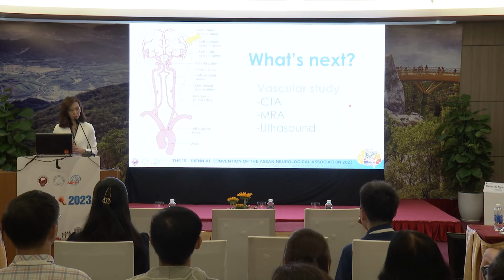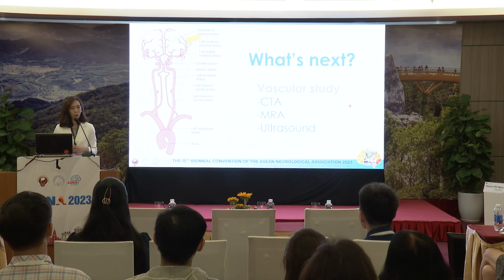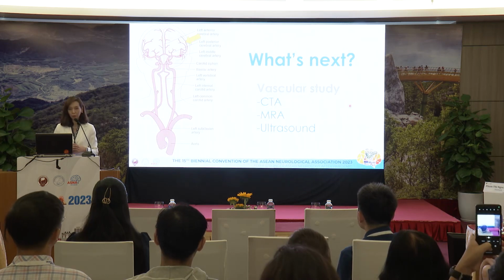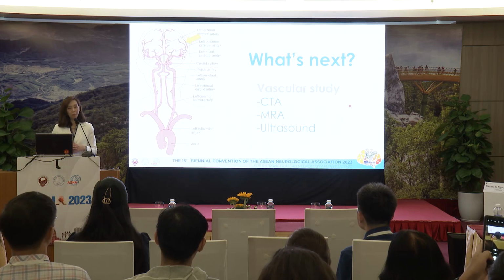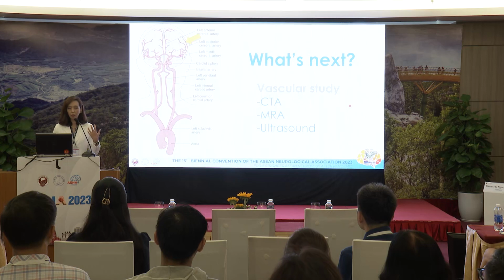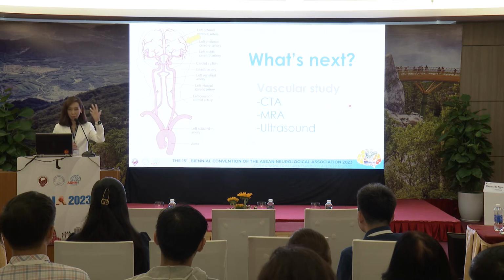So the next thing we should consider is to look at the blood vessels that supply the brain on that side. It's likely to be in the territory of the middle cerebral artery because she's having weakness in the arm. Sometimes she had aphasia, meaning there is cortical involvement. So it's likely to be the MCA territory. When you want to look at the blood vessels that supply the MCA, you look at the carotid on that side, and also the MCA on that side.